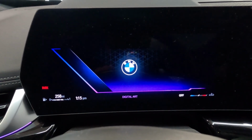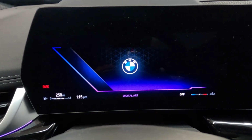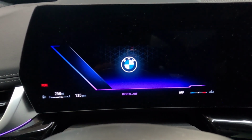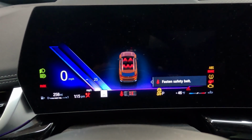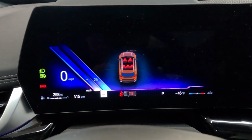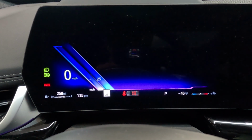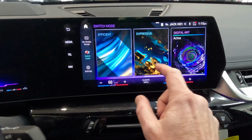So much like BMWs have had, efficient, comfort, custom, sport mode, M mode, all these different modes over the years, usually with a button somewhere on your console. These new digital displays take it to a whole new level. So let's go ahead and start the car. They show so much information now. In this case, you can actually see even how many people you have in your car. But these displays will change on how you go through it. So as we go back over here and we go back to My Modes, and I'm going to use the button for it, you can see